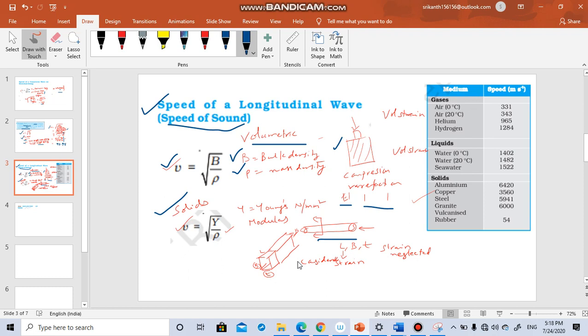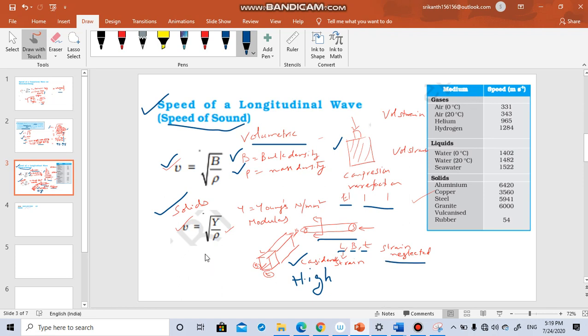It has three dimensions: length, width, and thickness. When you apply some stress along the length of the bar, it will undergo strain in all three directions, but the strain in the length will be considerably high compared with the width and the thickness. So predominantly the strain will happen only in one direction. In the other directions the strain can be neglected.